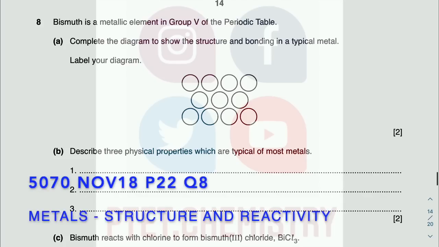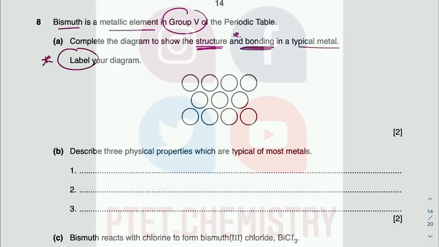Question 8, say bismuth is a metallic element, group 5, so 5 outer shell electrons. They want you to show the structure and bonding. Okay, so you need to show structure and bonding in a typical metal. You need to label. Okay, so there's the metal there. You should show the electrons somewhere in between because